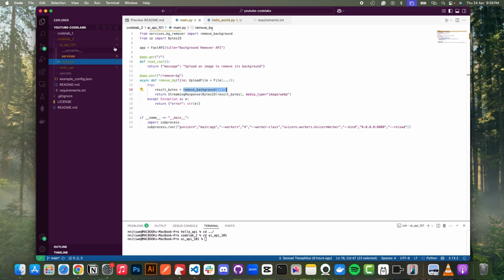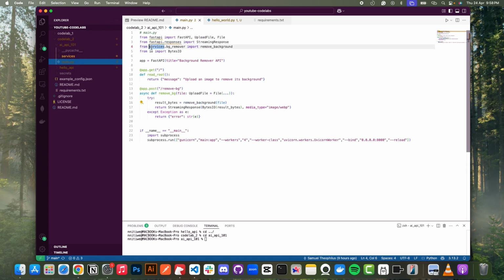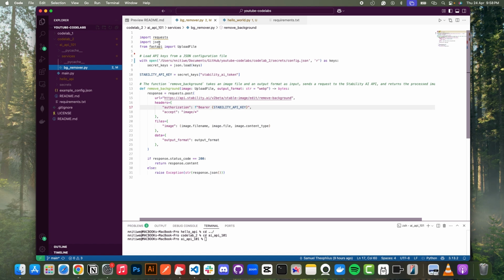Now that we have that done, remember we are importing from the service folder, and we have this background remover file. Basically, this is what we are going to explore next. So now when we go to the background remover file, this is a little bit clumsy. You can use relative links for this, but I have linked my